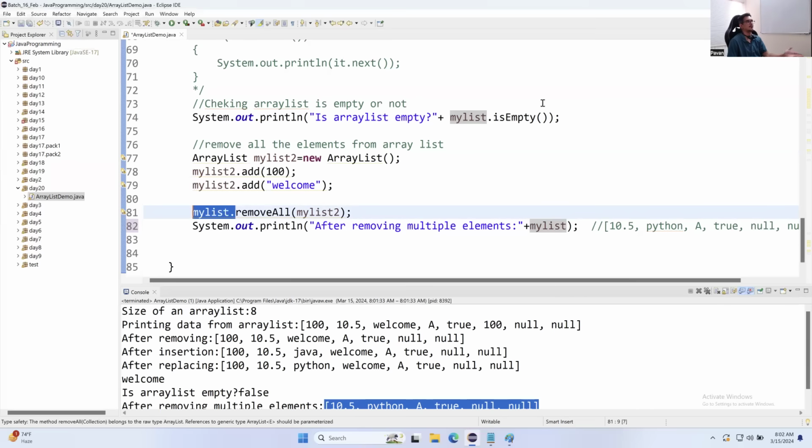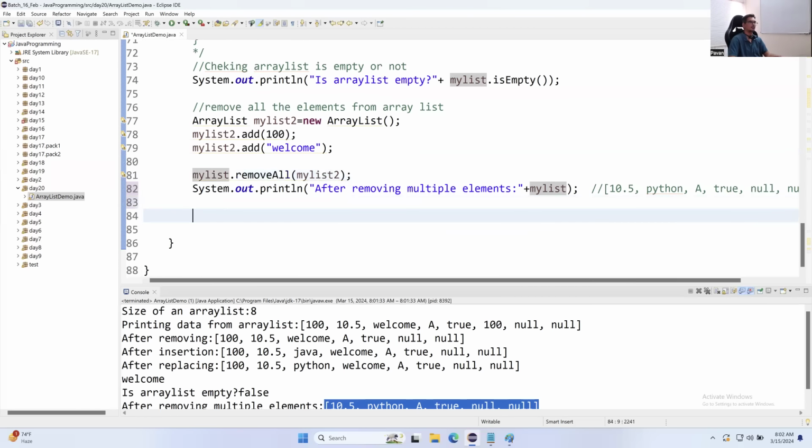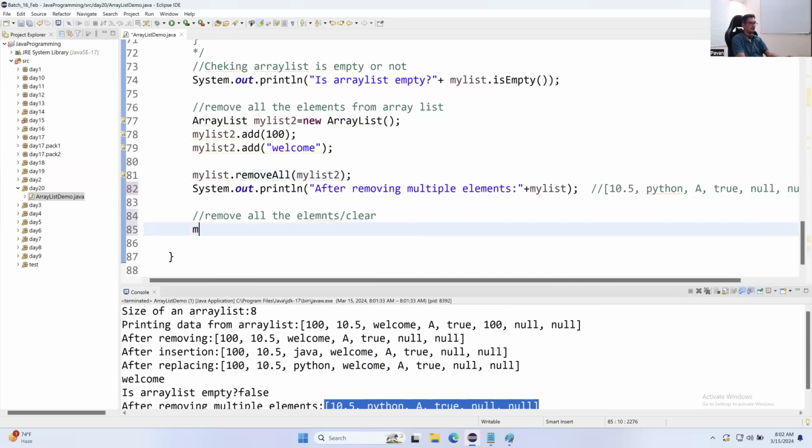All right. So if you want to remove all the elements, or clear, for example, then what can you do? Simple, myList.clear(). That's it. So after clearing, right? After clearing,